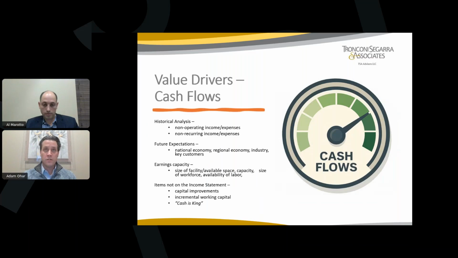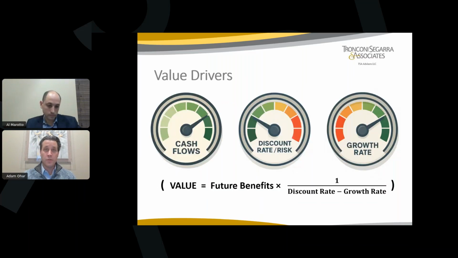Yeah, strong, recurring and growing cash flow is probably the most significant driver of value. I don't think that comes as a surprise to anyone. Discount rates and growth rates are pretty subjective. Cash flows aren't necessarily as subjective. The future outlook and the forecast of future cash flows is somewhat subjective, but at the end of the day, if their financial performance is what it is, it kind of speaks for itself. The discount rate and the growth rate are things that you can argue up or down and have a little bit more subjectivity to, which you'll see when we get into the detail of those.